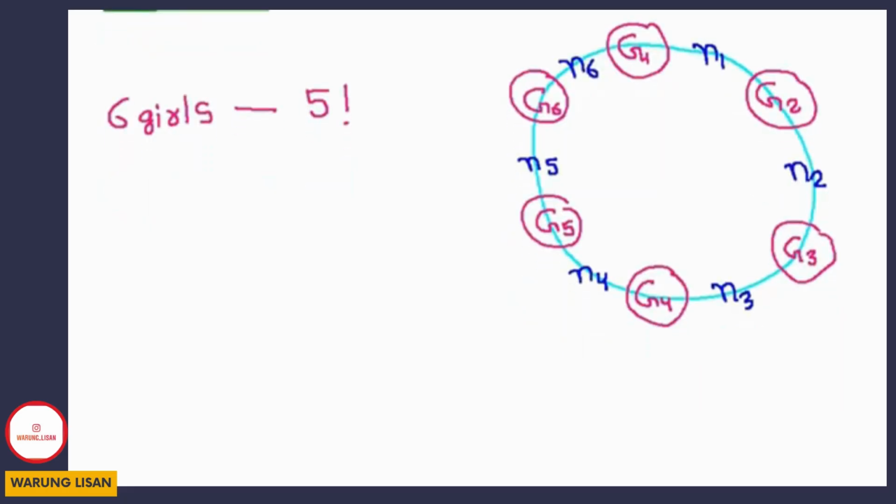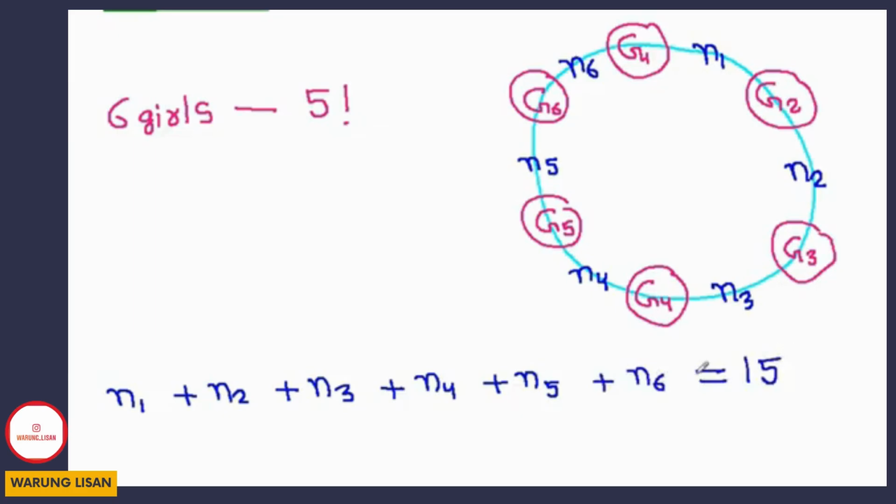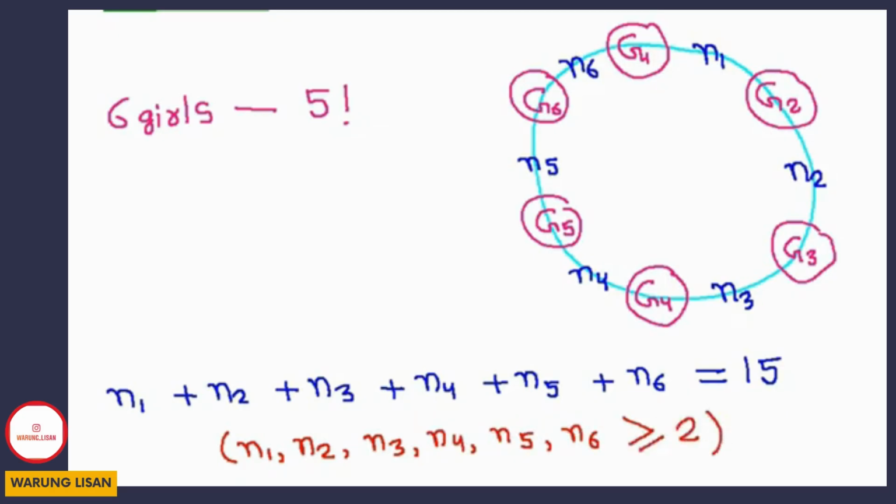So here can I say that n1 plus n2 plus n3 plus n4 plus n5 plus n6 is equal to 15, because we have total 15 boys, and there is a condition also, that is n1, n2, n3, n4, n5 and n6 all should be greater than or equal to 2. And now